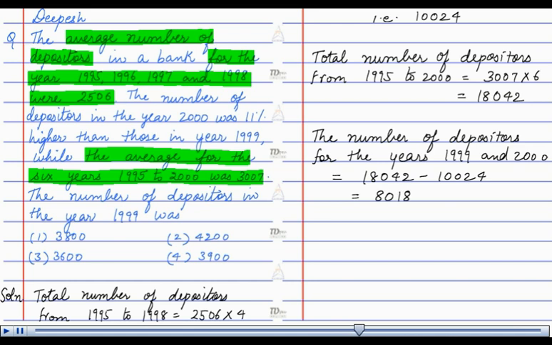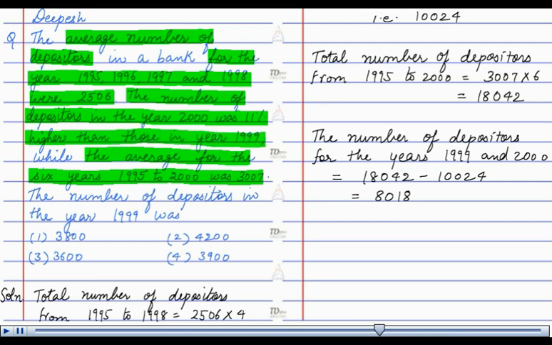Now, it is given that the number of depositors in the year 2000 was 11% higher than those in the year 1999. So, if we assume that the number of depositors in the year 1999 be X,